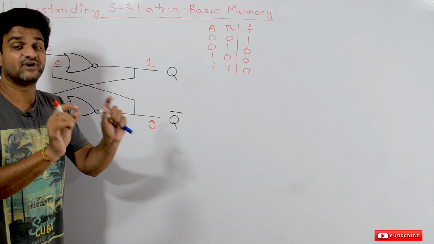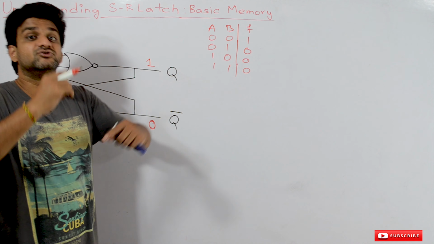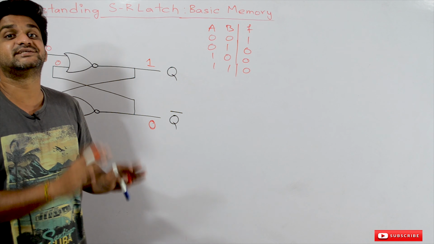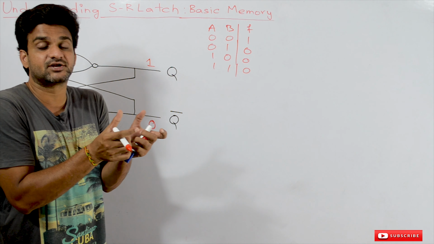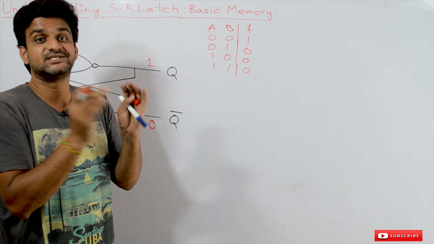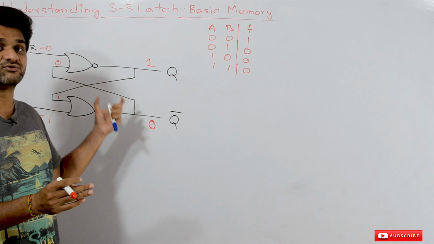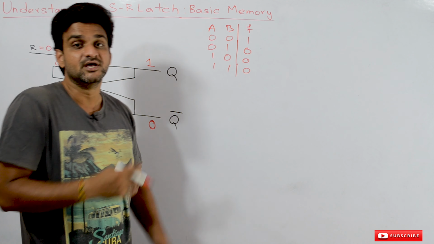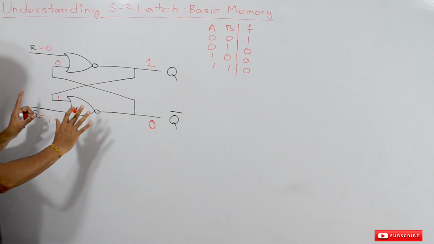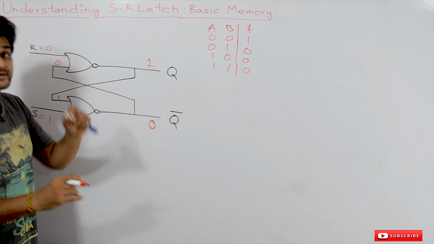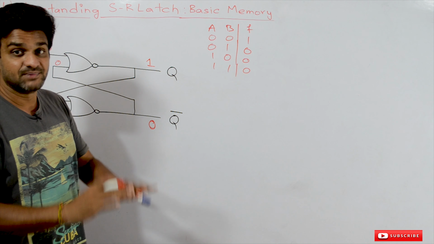This point is very, very important to understand. What is that point? The circuit is taking some time to get stabilized, so we have to give the circuit some time so that the outputs will get stabilized. Using this point, we will try to understand some more concepts in our next videos, so it is very important for you to understand this point: the circuit is taking some amount of time to get stabilized.